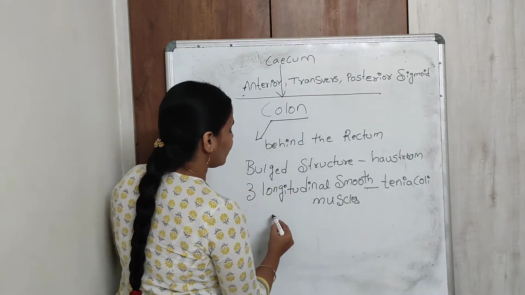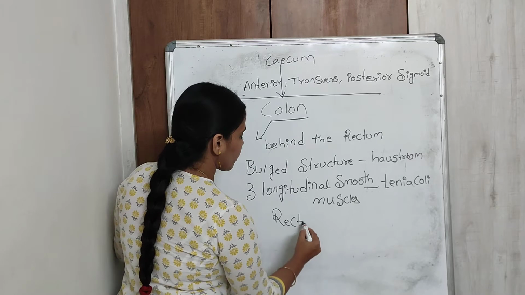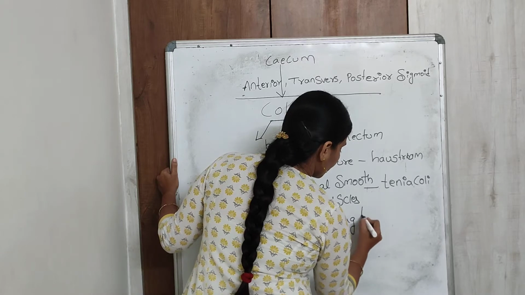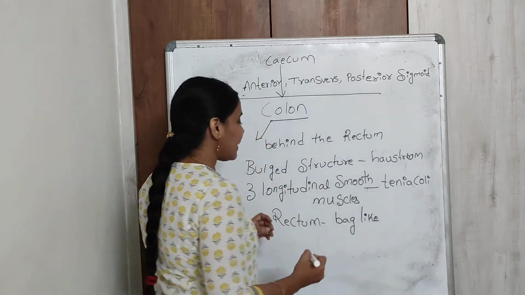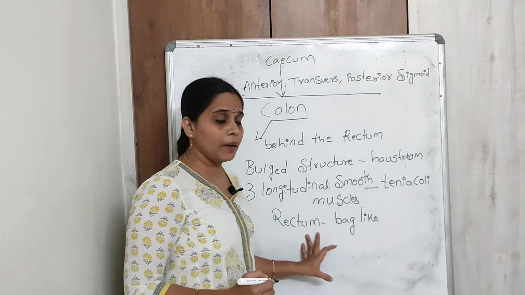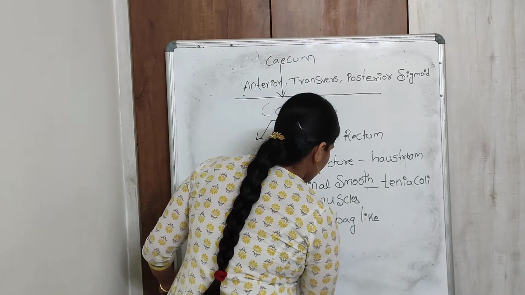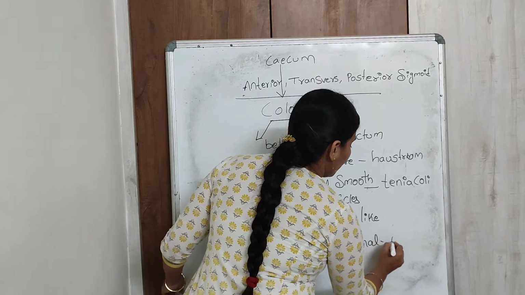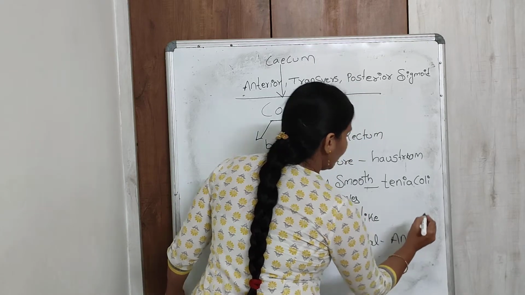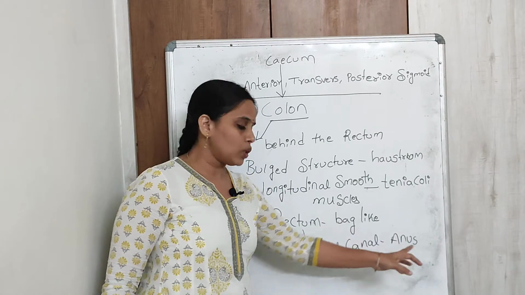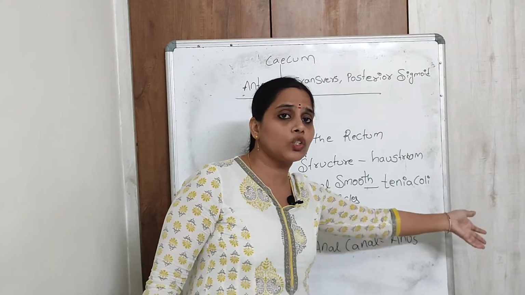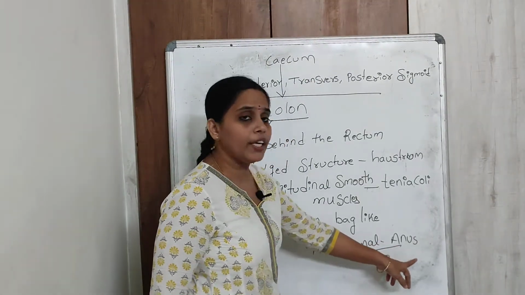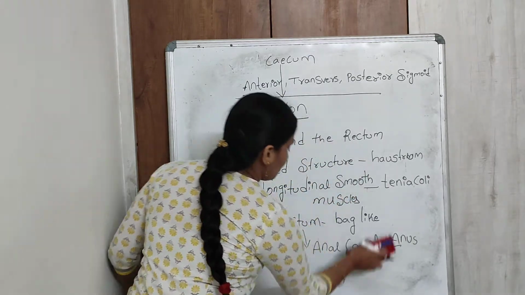Now the colon will open to... So what is the next part of the large intestine? It is the rectum. It is again a bag-like structure, children, where the undigested food will be stored for some time, and this rectum opens into the anal canal, and the anal canal opens into the anus, and the anus opens to the outside. That means this anal canal opens to outside through the anus, right? And this was guarded by